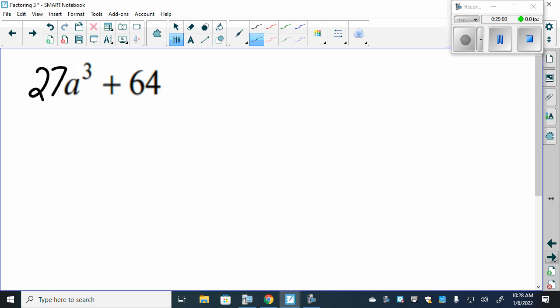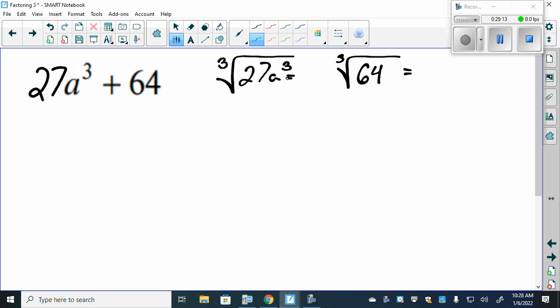Now, the process that we do is the exact same, because we're still going to take the cubed root of both to see if they are perfect cubes. Now, unfortunately, in the graphing calculator and the yellow calculator, I can't actually type in the cubed root of 27a cubed, because both of them need a value for a. But what I can do